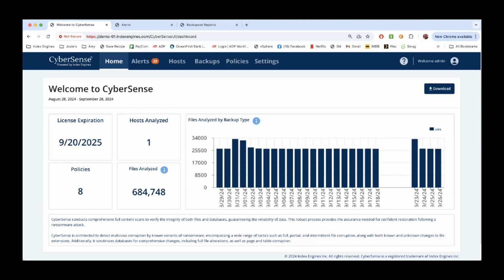The idea behind CyberSense and what makes it so radically different from everything else available is the full content capabilities, scanning the full content as opposed to just metadata or threshold analysis or system resource utilization, which a lot of other products on the market look at. Right? We look at it as well, but it really comes down to that full content scanning. And that's what gives you the ability to, number one, sleep at night. And number two, you get that